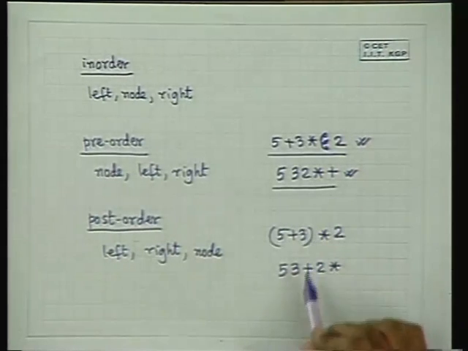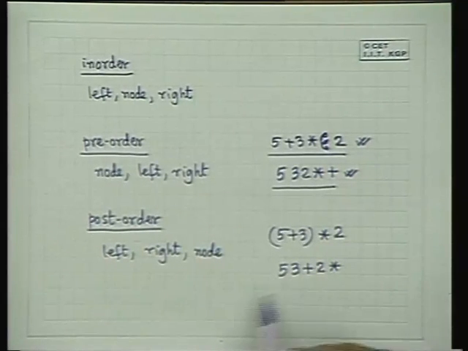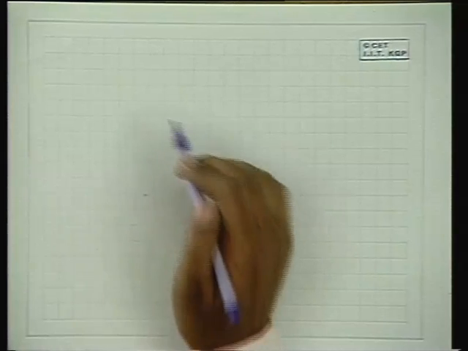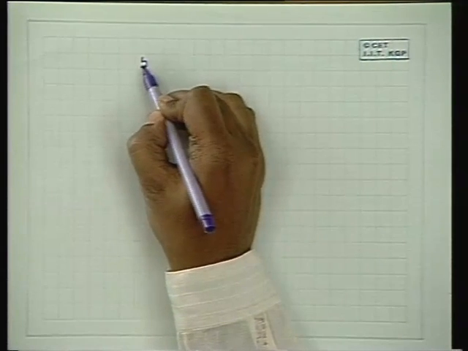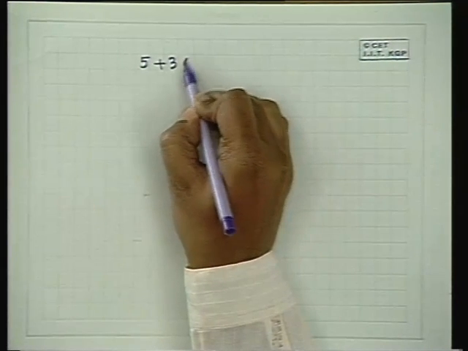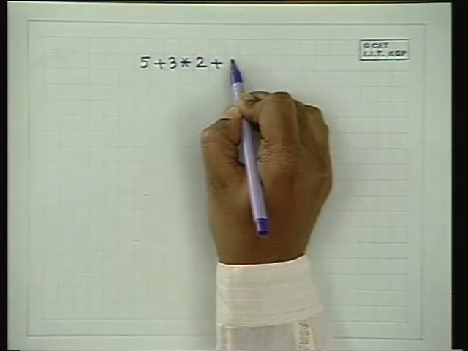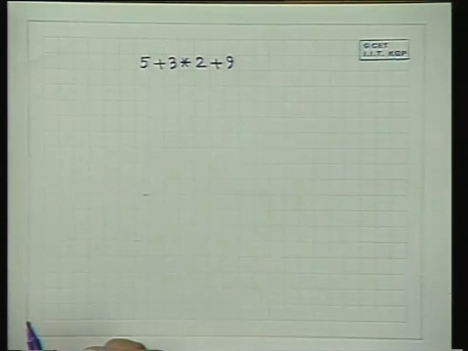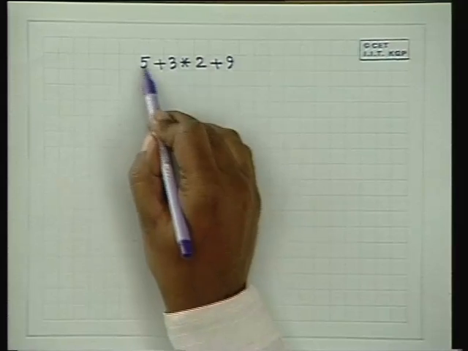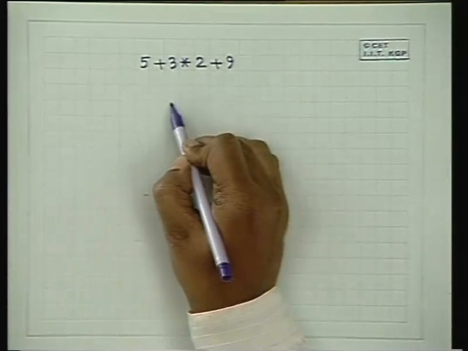The prefix notation... in the computer, a lot of expressions are stored as postfix notations. So trees are not meant only for binary search trees. Expression trees are a very famous data structure for storing expressions. For example, if you have an expression 5 plus 3 into 2 plus 9, then an expression tree for this is usually